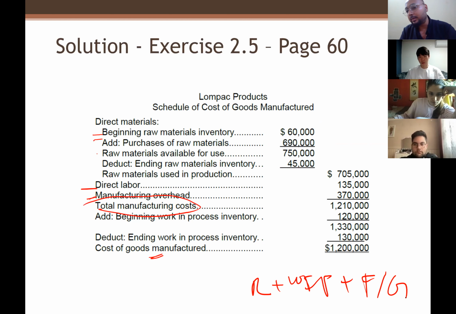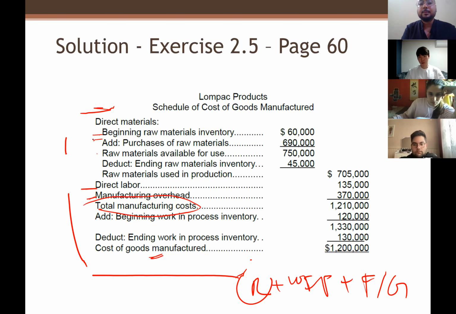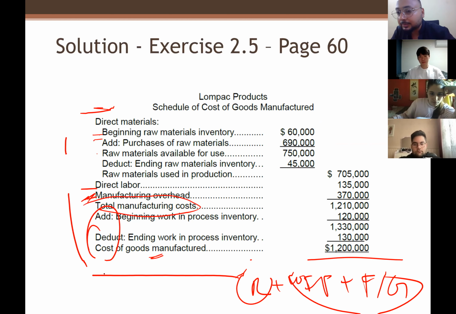So the raw material is going to be accounted for in direct material. Work in progress and finished goods are accounted for after the manufacturing overhead. That's it. Because there is no purchase of work in progress, since our prime focus is to convert raw material into finished goods. So semi-finished goods